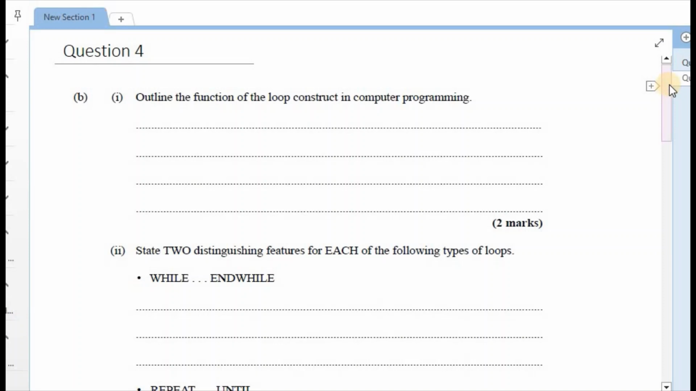Moving on to question number 4, part B I, it says outline the function of the loop construct in computer programming. What is the loop? What is the purpose of it? So we know that loop means that some form of repetition is taking place. In general, the loop construct would be responsible to carry out a set of instructions repeatedly until a specific condition is met. So the function